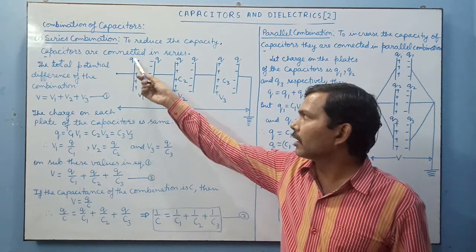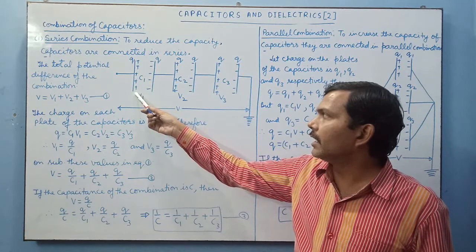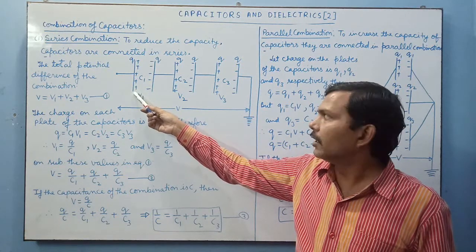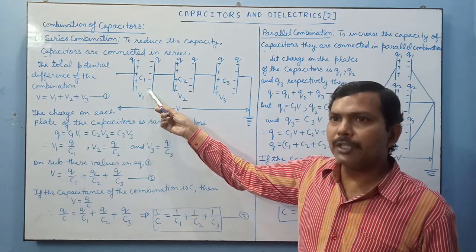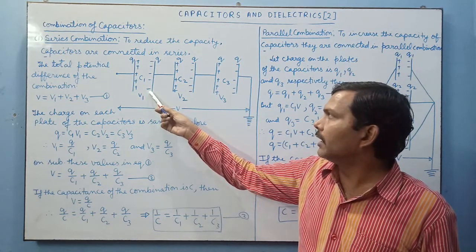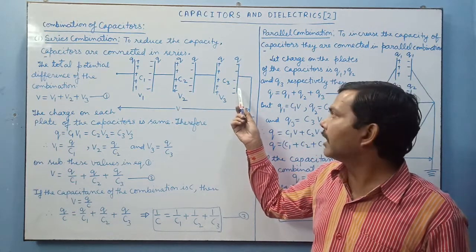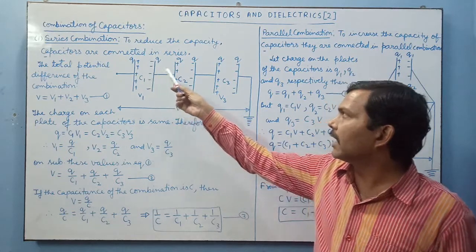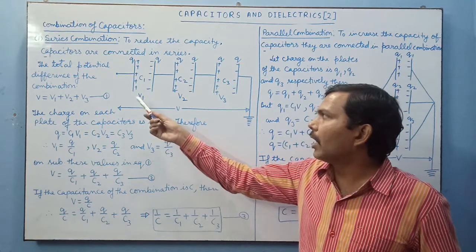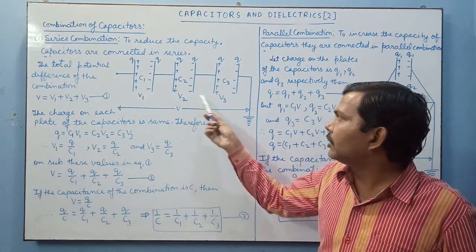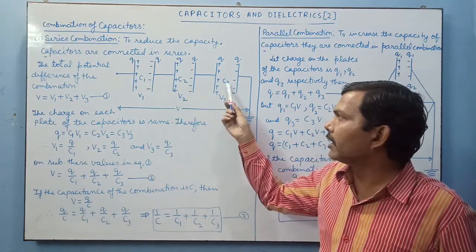First capacitor is given charge plus Q. It is distributed over the inner surface of its first plate. Due to induction, same amount of charge with opposite nature is induced on the front plate. Similar induction takes place in rest of the capacitors. Here you can see that charge Q on each plate of the capacitor is same, while the potential on each capacitor will be different due to their different capacities.